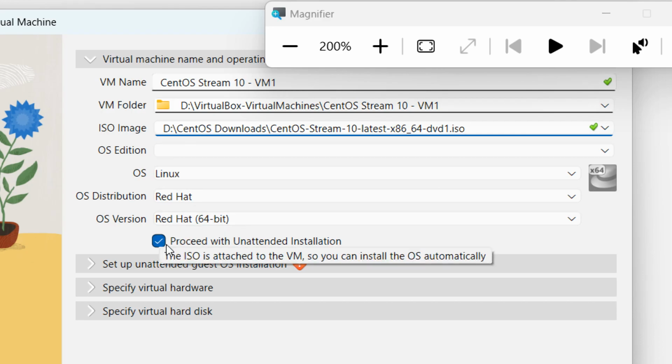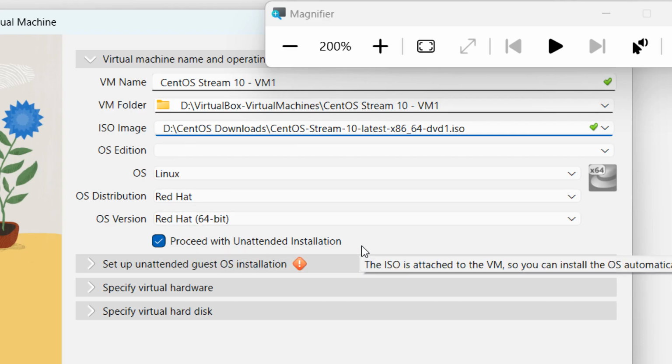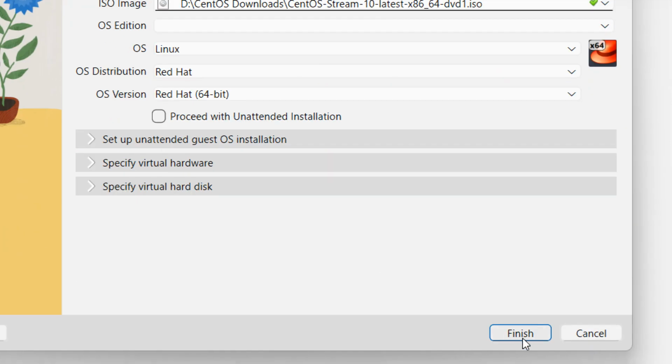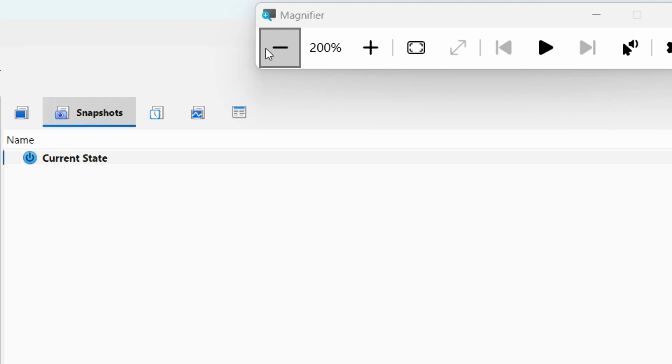Now I am not going to proceed with unattended installation, so I will uncheck this box, people. You may notice that I have unchecked this box for proceed with unattended installation. Now in the next one, I just need to proceed and click on the finish button, people. Okay, let me do that. Right, and now I'm going to just